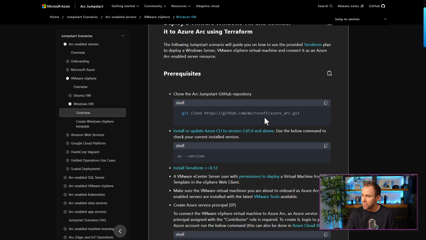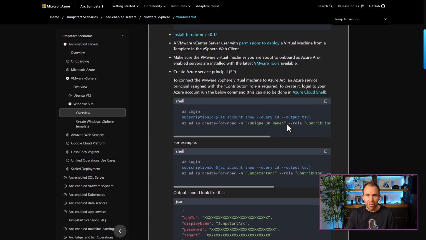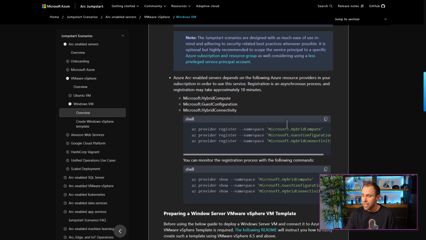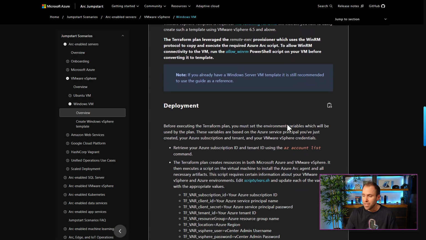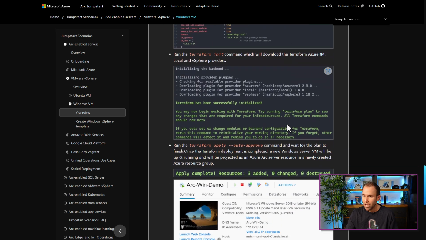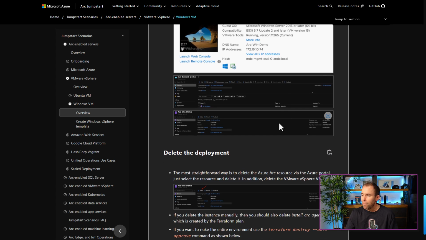so you don't need to do a lot and don't need a lot of experience. For example, you can clone the Git repo here, then log in with the Azure CLI, and from there trigger your installation of these VMs and provide all the specific deployment options as well. After that, this Arc demo VM will show up in the Azure portal here as well. Again, super easy to quickly deploy and try out Azure Arc enabled server on your on-prem